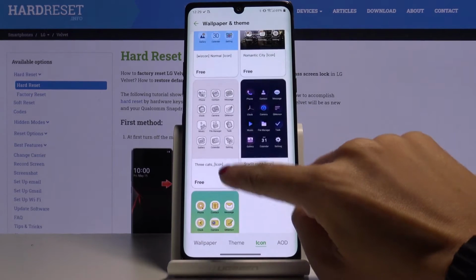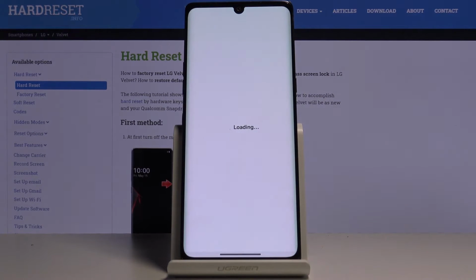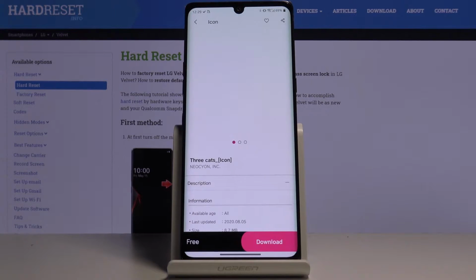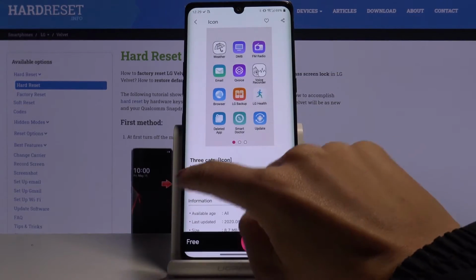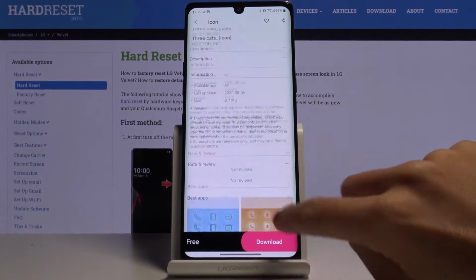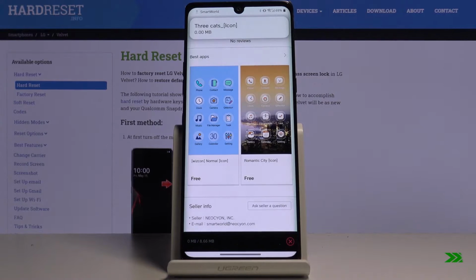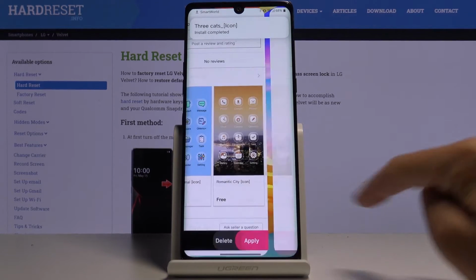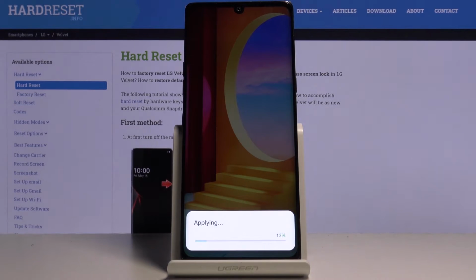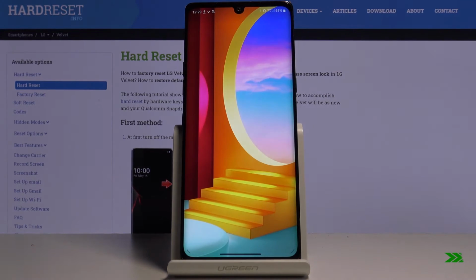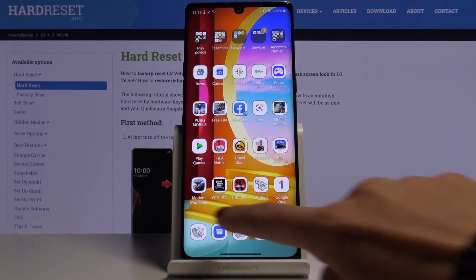Click on the option that you would like to apply. Here it is, this is how it will look like, and then just click on download. And finally click on apply. Wait a couple of seconds until it is done. And here it is, as you can see it is changed, so